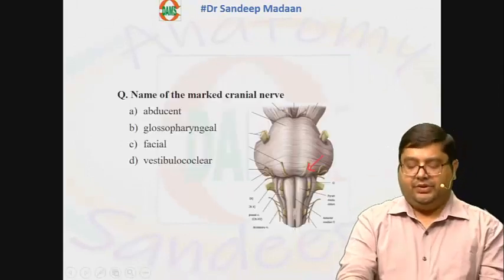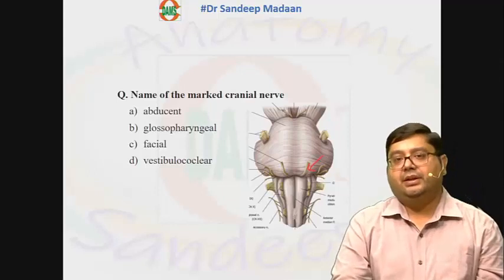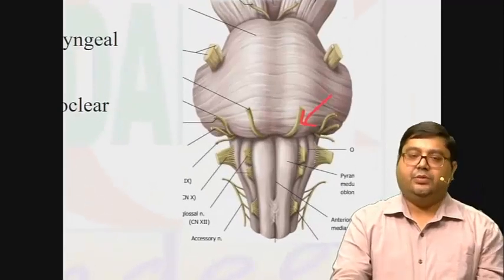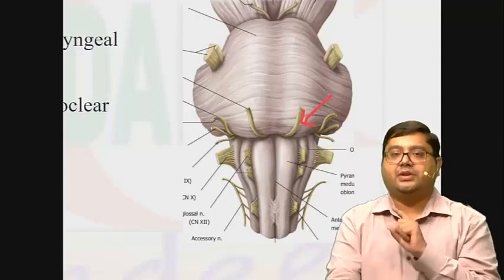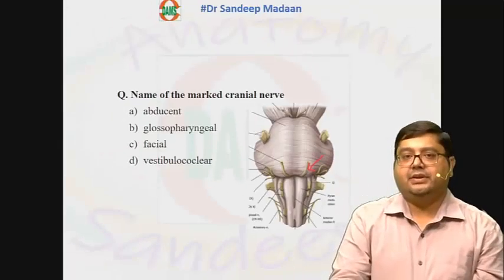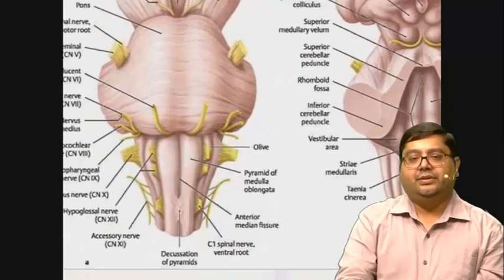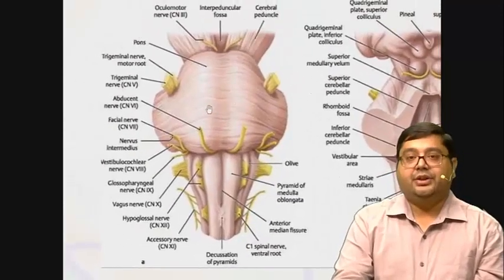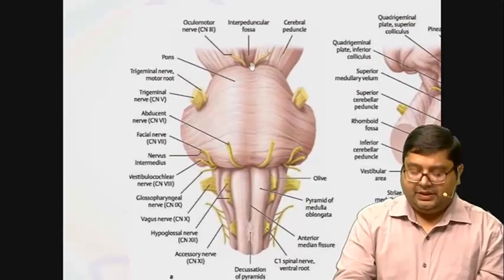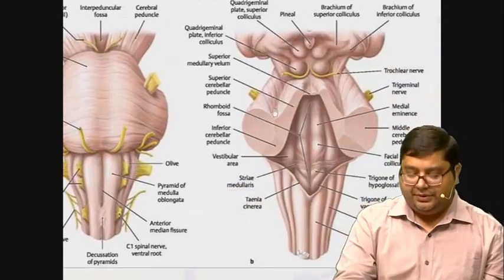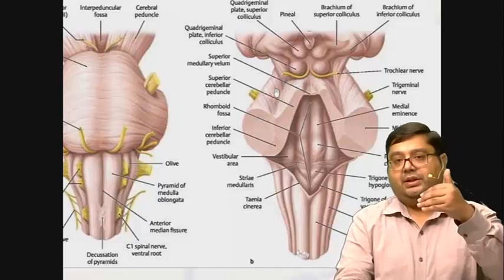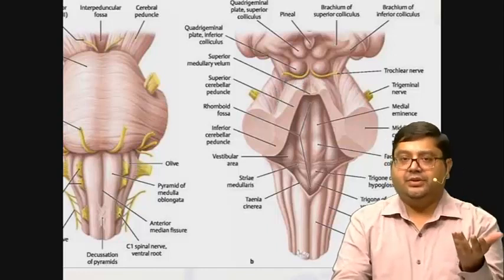Now, a section of the brainstem was given, and this nerve was marked. Marking can be different also, but this is what I got from the recall, that this nerve was marked. Anyway, let us discuss all. Here we have the section. In the ventral aspect, obviously we can see the third nerve, but in the dorsal aspect we can see the fourth nerve also, right? Because the fourth nerve is the only nerve which exits from the dorsal